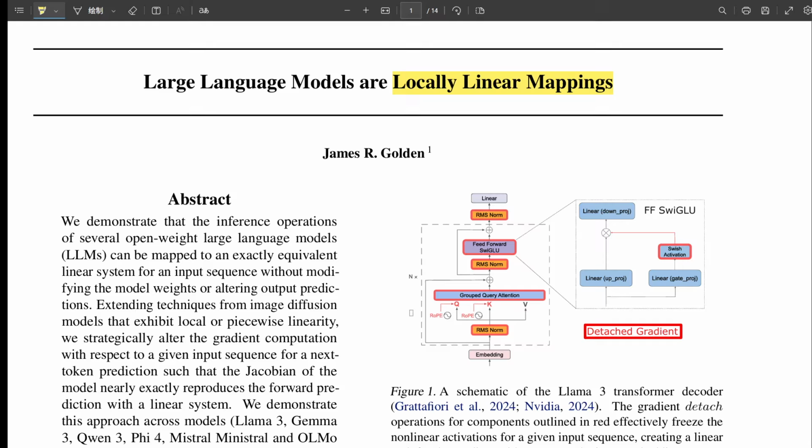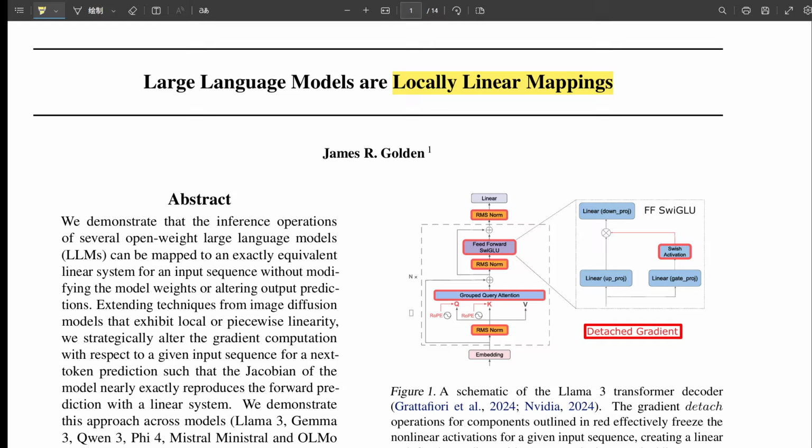Nearly exact local linearity. That phrase itself sounds, well, almost contradictory when you think about a nonlinear black box. Can you help us visualize that? What does it mean in simpler terms? Okay, think of it like this. Imagine you're standing on a huge, incredibly wrinkled mountainous landscape, right? That landscape represents the model's overall global nonlinearity. Got it. Very complex terrain. Exactly. Now, if you zoom in really, really close on just the tiny patch of ground directly under your feet